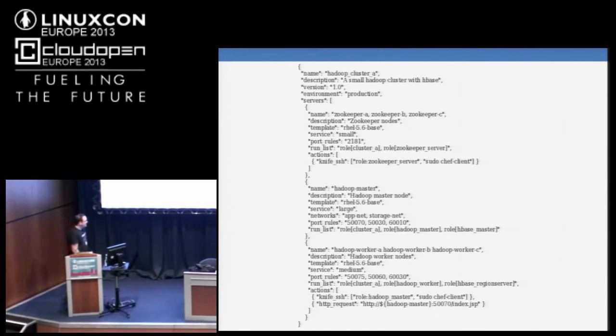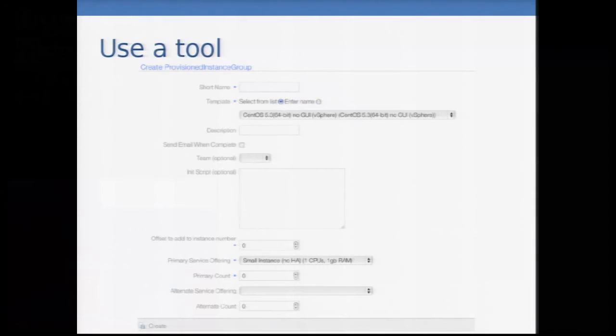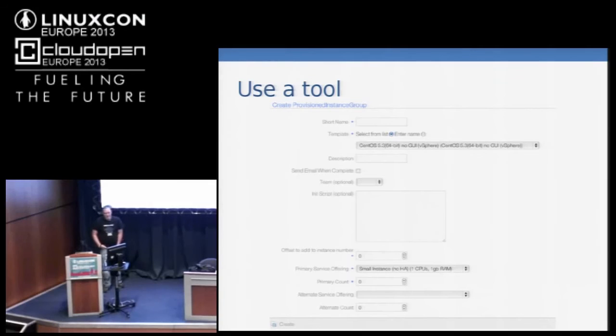What I tend to see, this is again perfectly viable and decent. What I tend to see though most often is people have a tool, and this ranges from a button on a web page to something like this. This is CloudCat, written by the folks at Cloudera, and this is essentially how their developers are deploying CloudStack